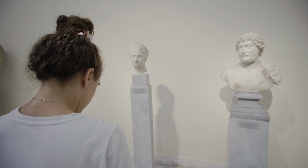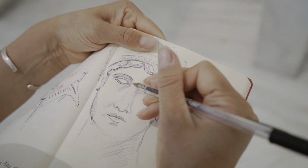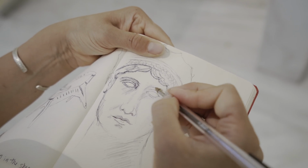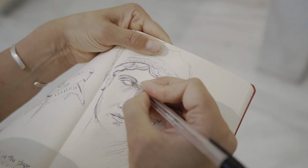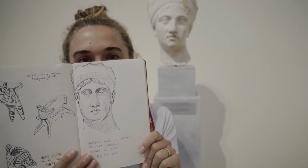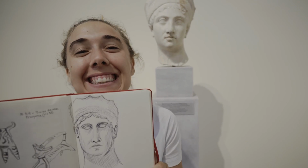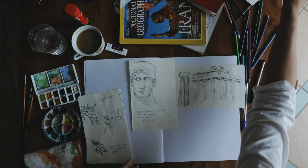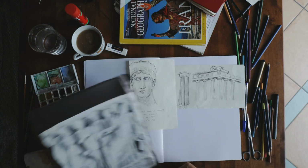I love drawing, but I feel like I'm not always the most confident when it comes to my drawing skills. So drawing in a notebook like this is no pressure at all. It's really stress-free. If I mess something up, I can always start again, and who cares if it's messy anyway, it doesn't matter. But then sometimes when I go to my travel journal, I get a little nervous